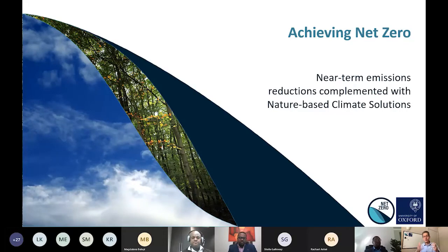At the moment, we are not reducing emissions. There was a small downturn in emissions last year with the COVID-19 pandemic, but emissions have already recovered. So we're not reducing emissions at the moment. We therefore will need to, in order to limit the total amount of carbon we dump in the atmosphere, complement emission reductions in the near term with other ways of taking carbon dioxide out of the atmosphere. And this is why there's a lot of interest at the moment in so-called nature-based climate solutions, planting forests, restoring ecosystems, restoring coastal mangrove swamps, and the like, which allows you to complement, if you go to the next slide,